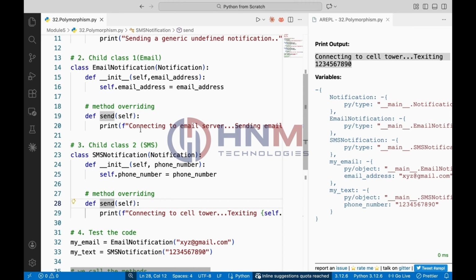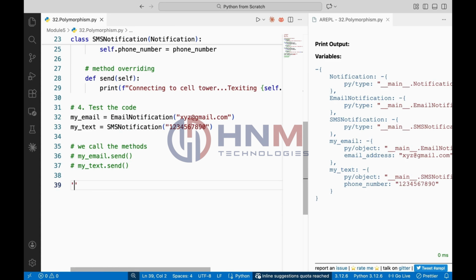Okay, that's what polymorphism is. The logic is the same, everything is the same, but it's transformed into many forms as needed. When we call my email.send, Python knows exactly which version of the method to run. This makes our code highly predictable for other developers too. Now next,